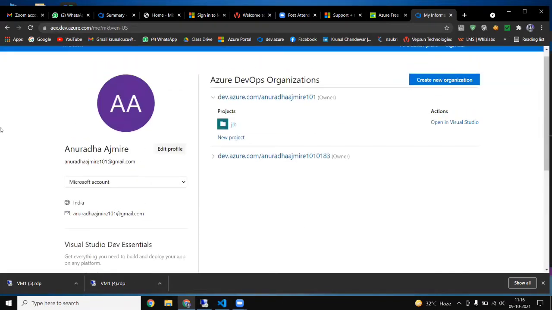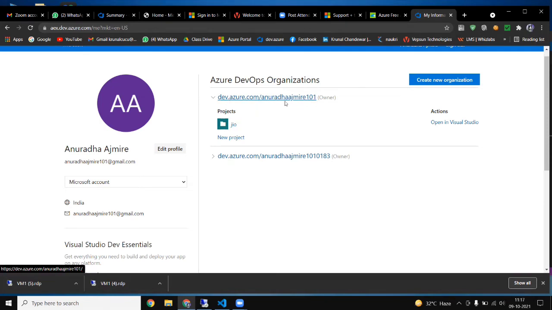Okay, so when you come here, first it asks you for the organization. As I told you, first we have to make an organization. So I made one organization with the default name, Anuradha Ajmire 101.